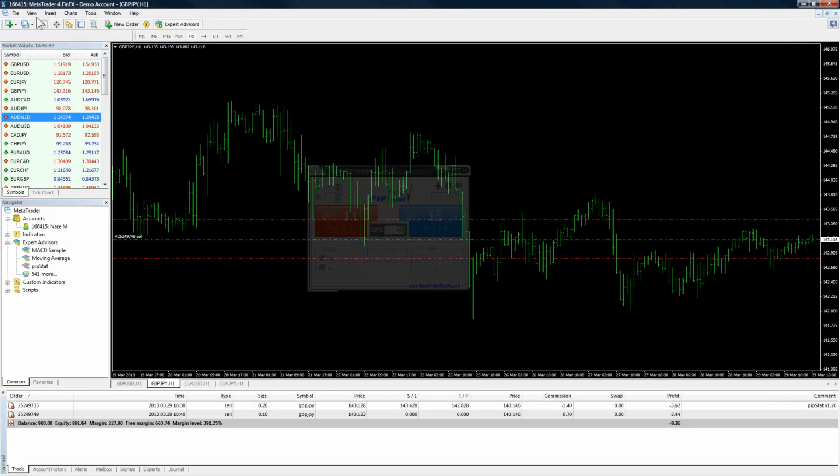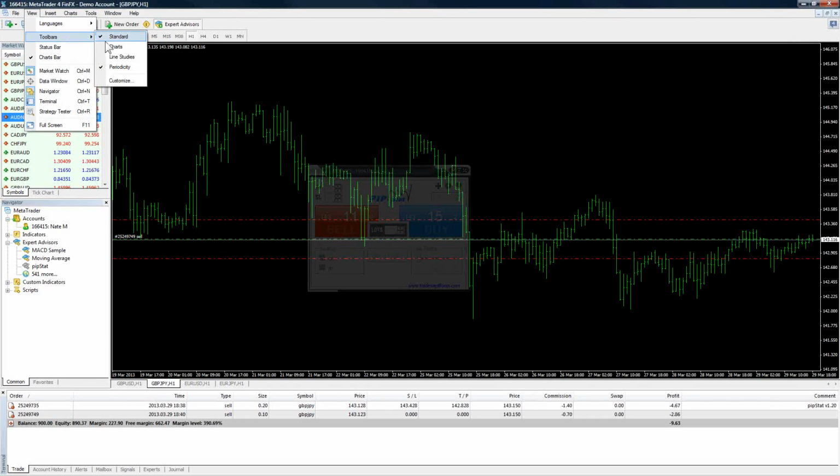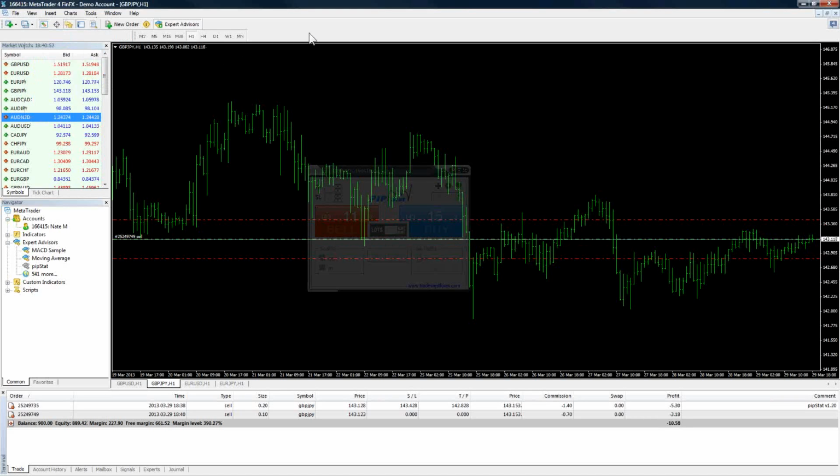Okay, I'm going to open up some of this up top on our toolbars here, and of course you can get to those by going to View, Toolbars, and then you can customize, you can do everything else in there. So you can see where we're at. You can see the movement.